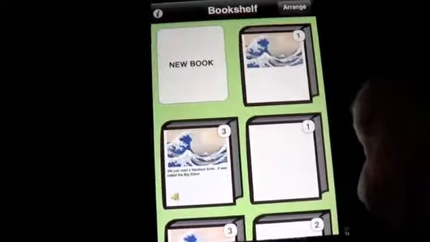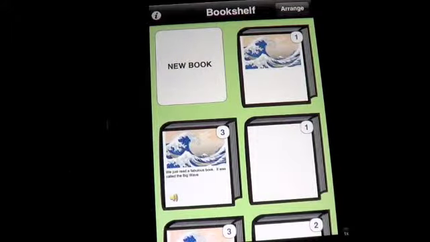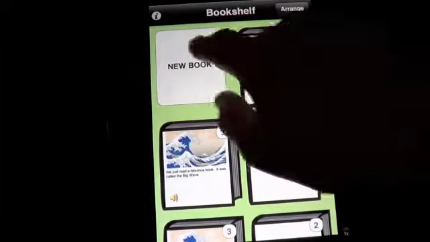Okay, the thing you need to remember about StoryKit is always be at the bookshelf first. If you don't have the bookshelf first, hit either details or edit. It should bring you back to this first page, or you can select an existing book or new book. So we're going to hit new book,